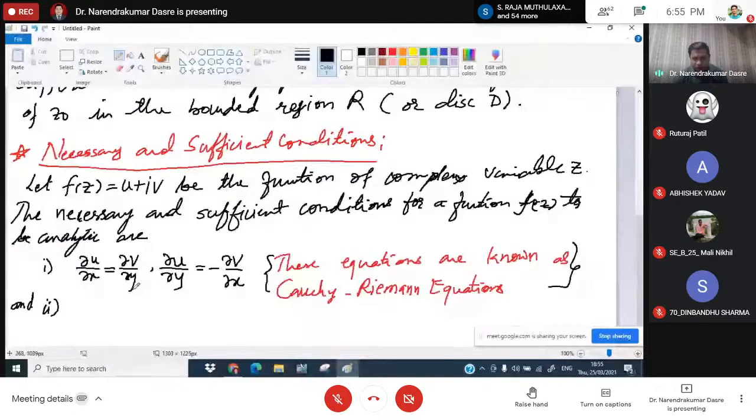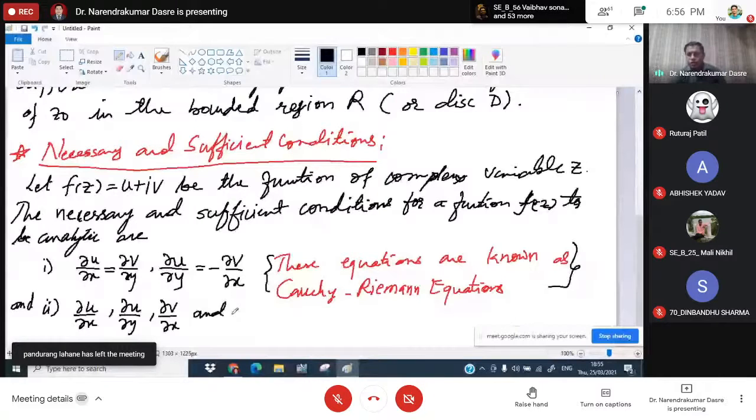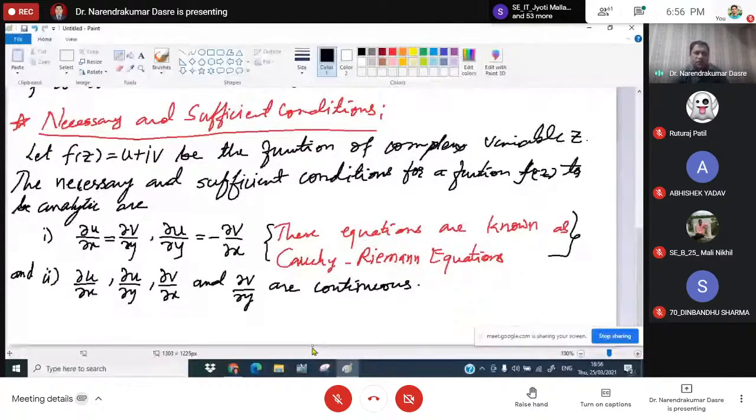The next condition required is that ∂u/∂x, ∂u/∂y, ∂v/∂x, and ∂v/∂y are continuous. So if the first order partial derivatives satisfy the CR equations and they also satisfy this continuity,